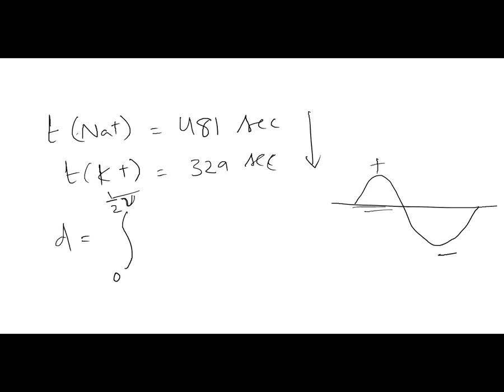1/2 nu, where nu is the frequency. And the displacement is nothing but the speed times the change in time, right? S times S dot dt. So we know that the drift speed S is given as u times e dt, and